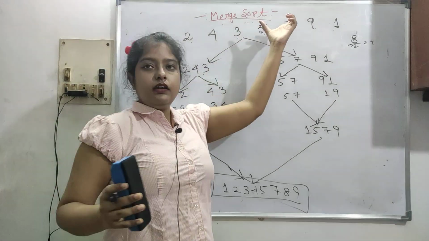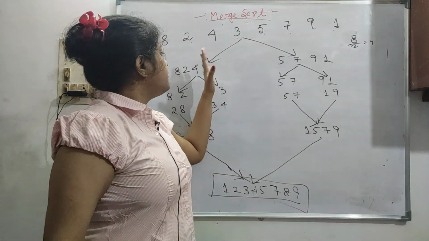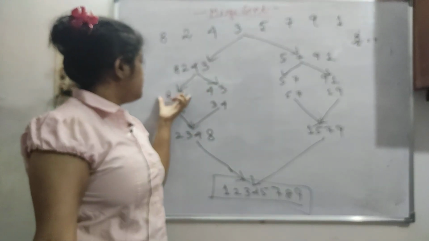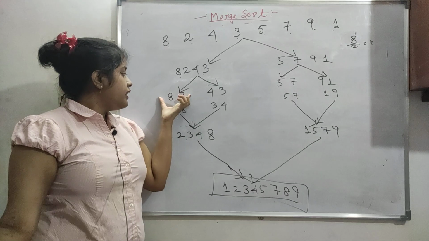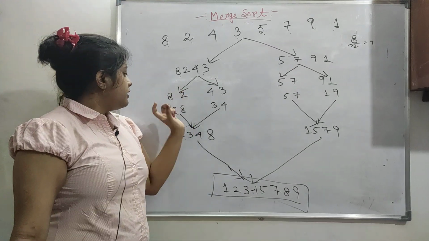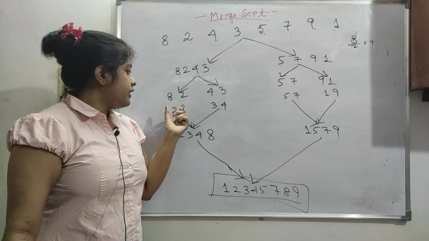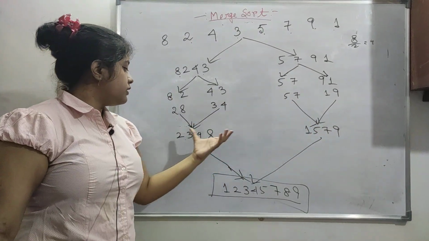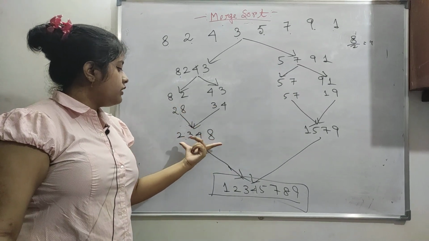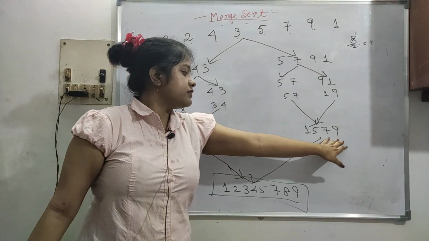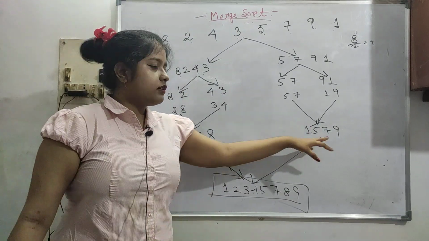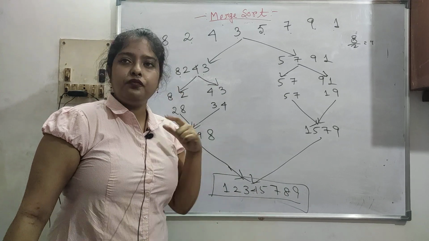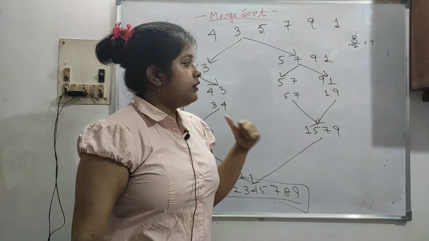So what we did: we had the array which is unsorted, and we divided it into two sub arrays. When the list reached the least number of elements, that is 2 elements, we then did the sorting: 2 8, 3 4, 5 7, 9 1 becoming 1 9. Now we conquer the two arrays because they were sorted. While conquering we again sort the elements. After the elements are conquered, in the final part we have the exactly sorted order. Now we will see how the algorithm is working, then time complexity.